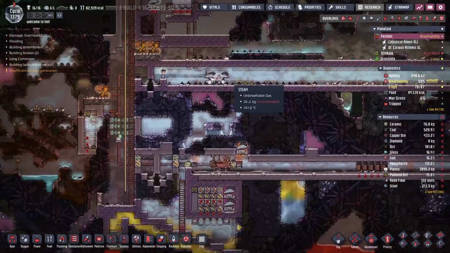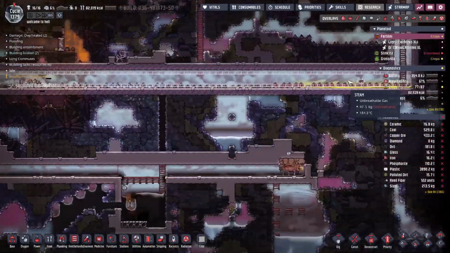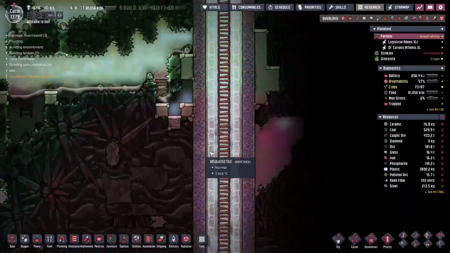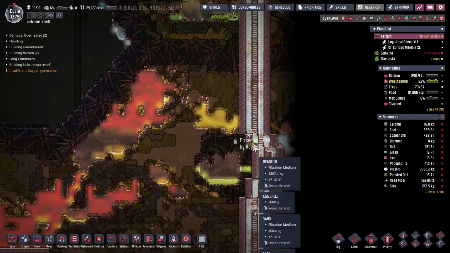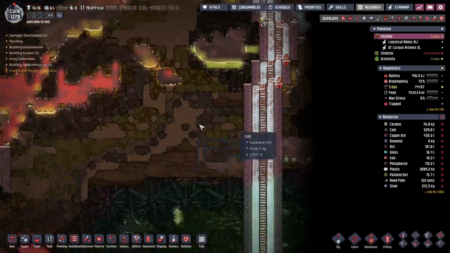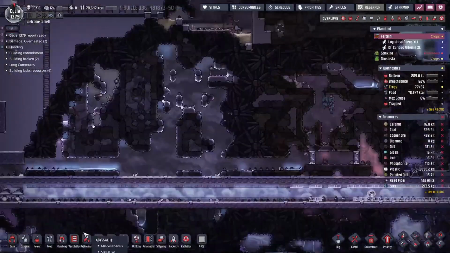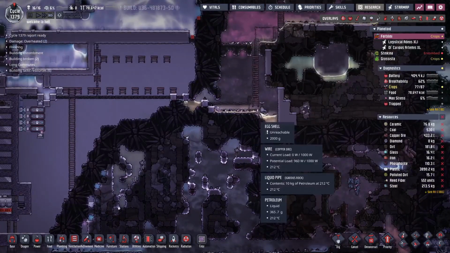But this is all going well-ish. We've lost about 10 kilos of steam here, but there's a lot more down here. So it's just going to take a while. What is that? Liquid sulfur? Well. Look how fast they run. And that's uranium. Alright, that's okay. Now we're going to have to find somewhere to put all that petroleum, because that was our pump. Actually, let's just deconstruct that. And that should let them...